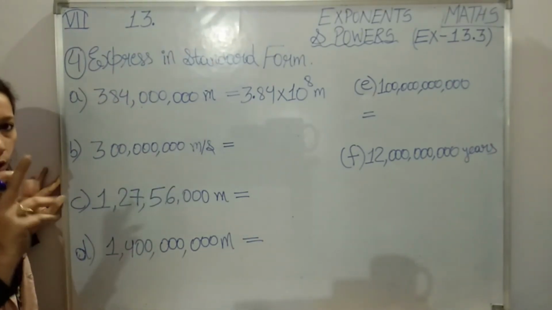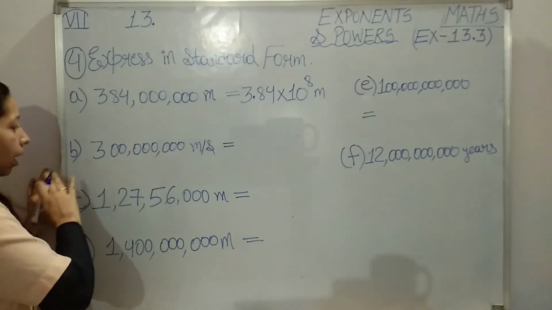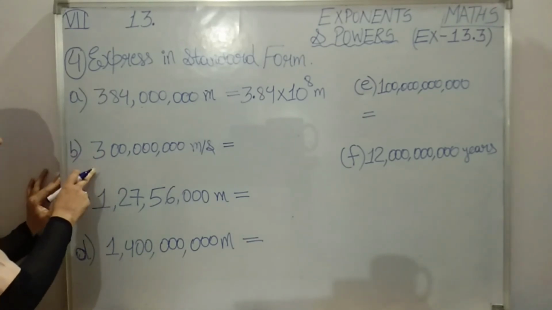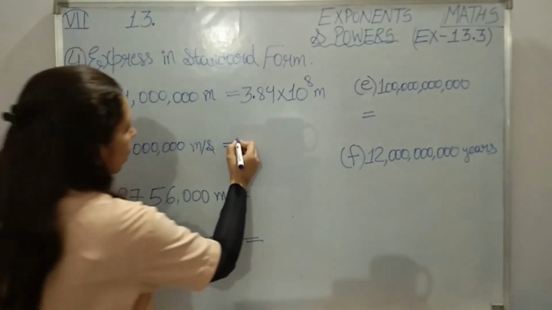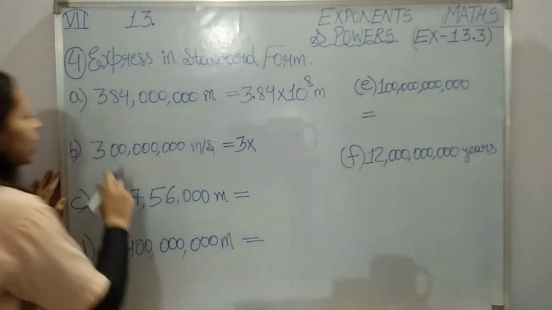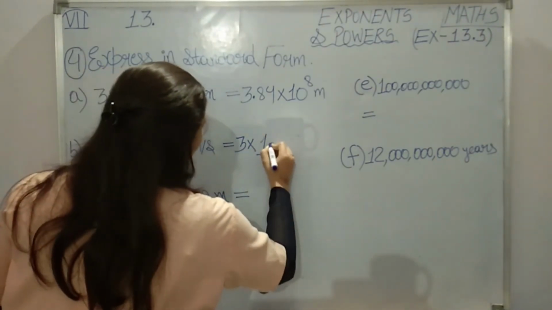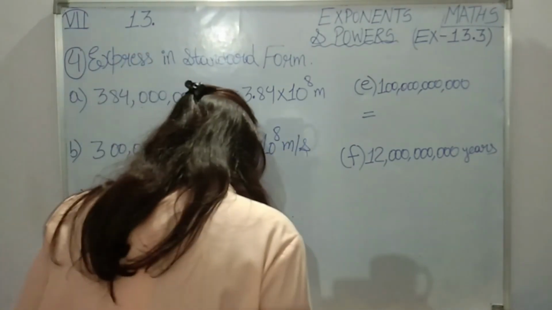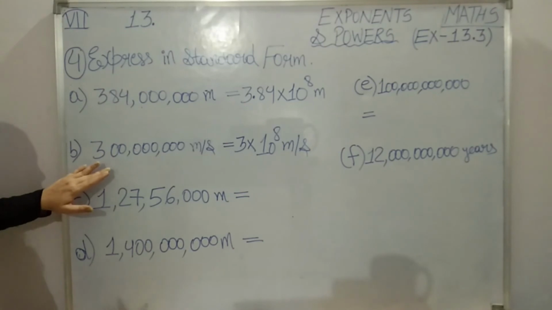The decimal is not there. So you have to think that the decimal is at the end. But here you can see simply a number is written, no other digit is written. Means we can simply express the given number as a digit into the power of 10. So I will write 3 here. Then I will count how many zeros? 1, 2, 3, 4, 5, 6, 7, 8. So simply 3 into 10 raised to the power 8 meters per second. Yes, 3 into 10 raised to the power 8 m/s.